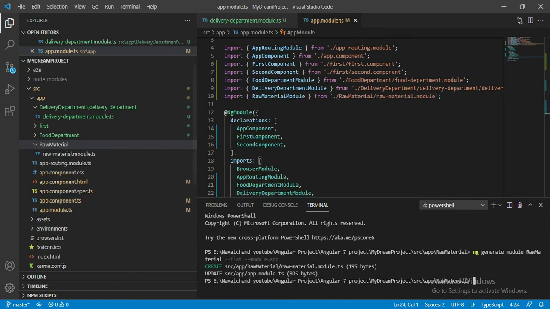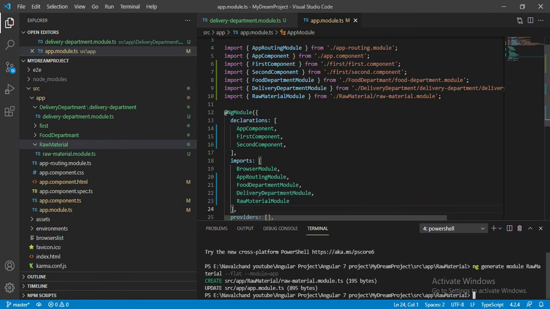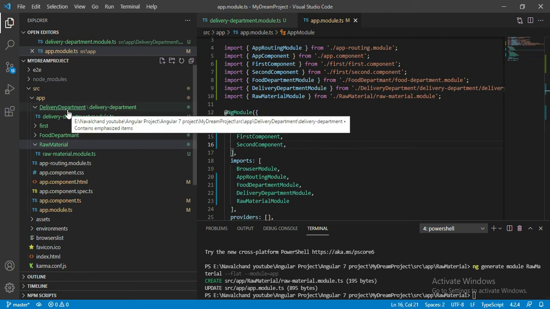You can see this one is created, also added inside the app.model.ts imports. Let me scroll down. You can see it's added inside the app.model.ts. In this way, if you define a separate model for each department, then your code reliability is also improved.